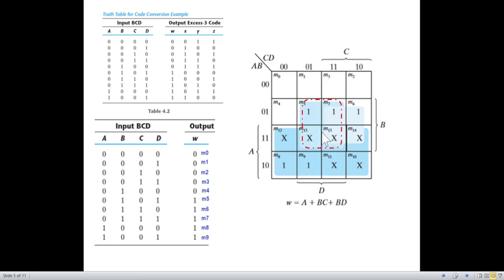And so they will be what? Look to the left, it is B on both sides. And from here, it is D on both sides. So BD. And similarly, now this is left. So we can group again these 2. Okay, so these 2 and excess make another group. And here also you can see it is B and then it is C. So BC. So this is how you get the first output W in terms of Boolean functions or Boolean